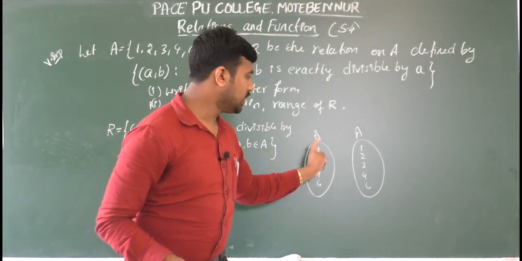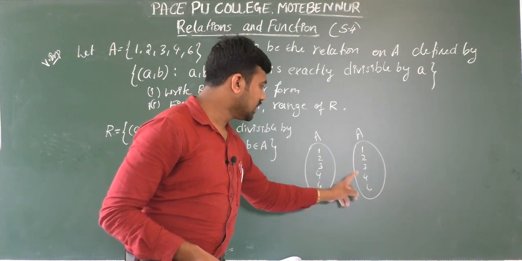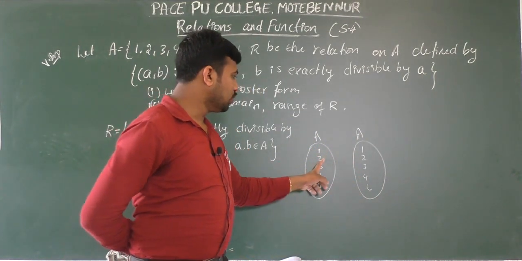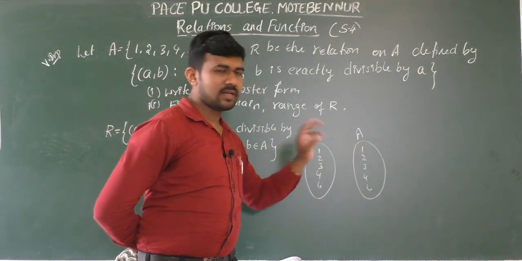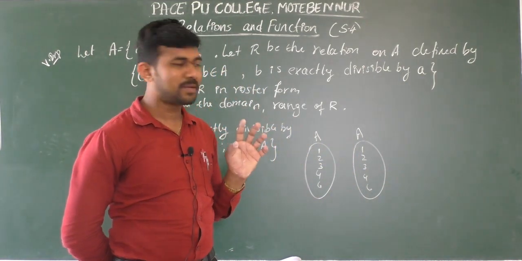1 1s are 1, 1 2s are 2, 1 3s are 3, it will keep dividing like that. 1 4s are 4, 1 6s are 6. 2 how much are 1? Is it possible? 2 into half is 1, but it is not exactly divisible by, okay,